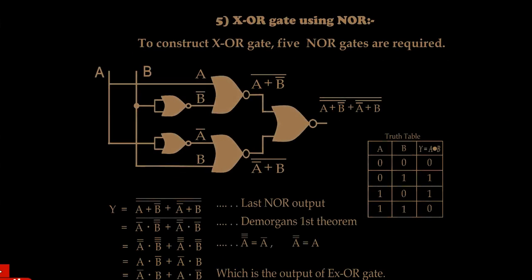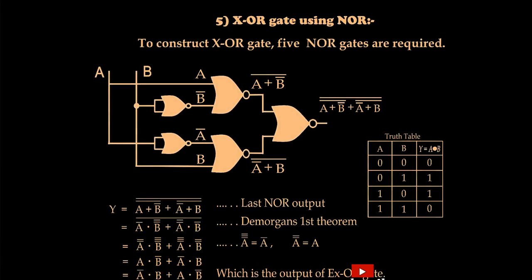We can also construct an XOR gate using NOR gates. The logic diagram can be constructed using the Boolean equation for the XOR gate. You can see for the products also we will use NOR gates. So the first product is a complement dot b. So a is given directly to the first NOR gate and b is complemented using a NOT gate, and this NOT gate is again constructed using a NOR gate. So at the first NOR gate the inputs are a and b complement. Similarly for the second NOR gate we complement a using a NOT gate and b is directly connected to the NOR gate. So at the inputs of the second NOR gate, we will have a complement and b as it is.